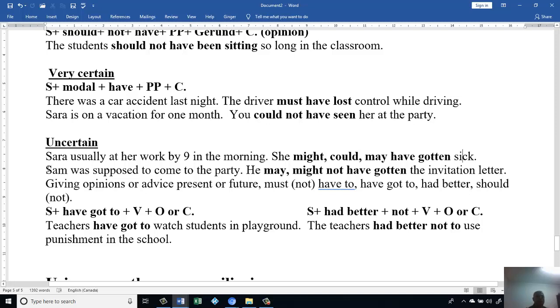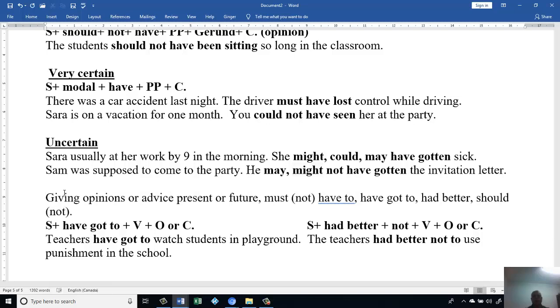Okay, let's continue. Sam was supposed to come to the party. That's the statement we have. Then you could say the same thing. He may or might not have gotten the invitation letter. You could say he may not have gotten the invitation letter. The difference between using may or might: may could be about 10%, might well be less, maybe less than 5%. Okay? Sometimes you could say giving opinion or advice